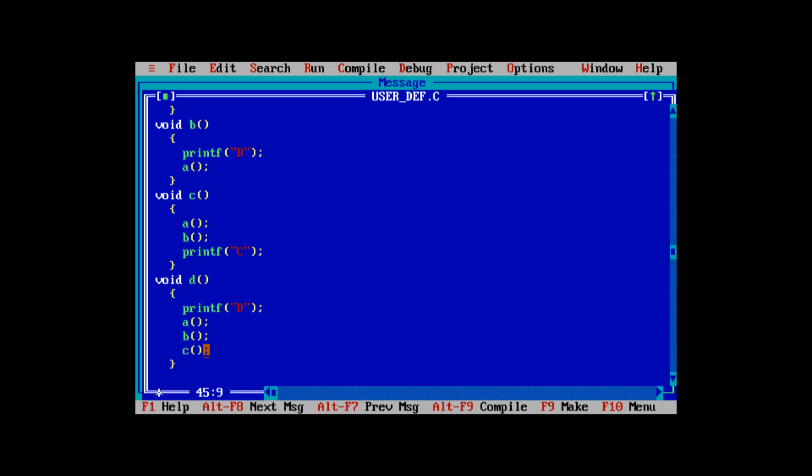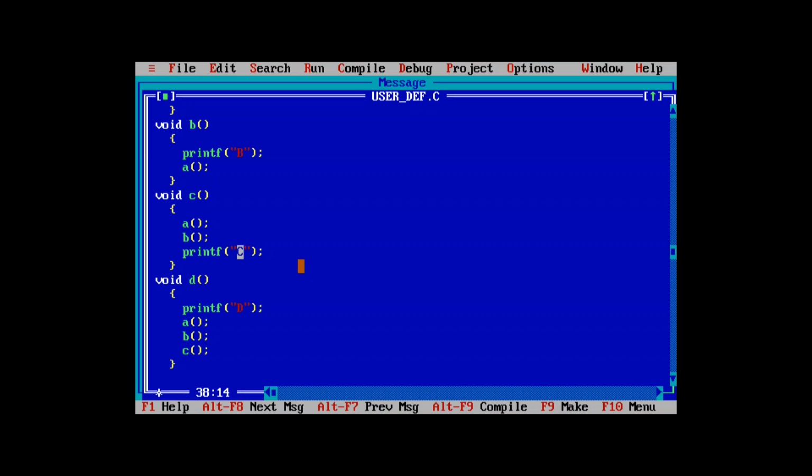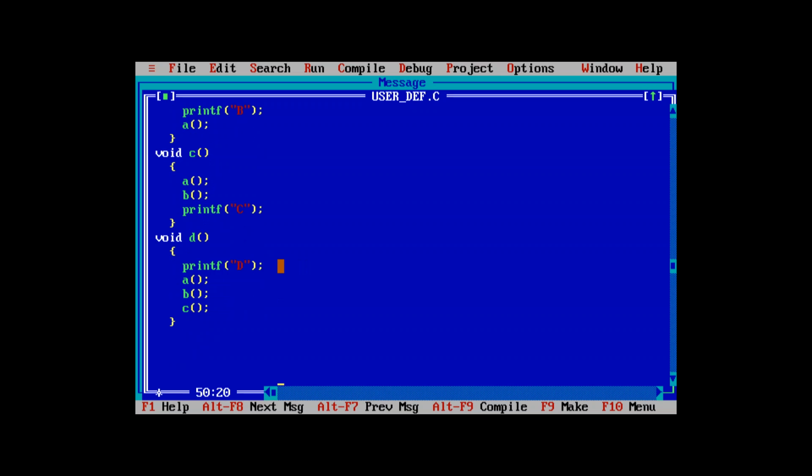Why? Because this is calling the C function, and in the C function this is the last that will be printed. So in the output, this is at the end, that is the C. So this is how to use the user defined functions at different places, and how these will be printed in different scenarios. So this is the use of the user defined functions, how this will be used and how we can call each and every function. Now if I change to this one, if I make the program simpler,